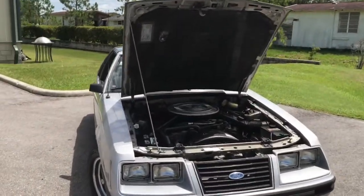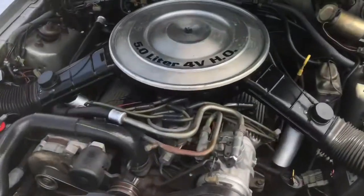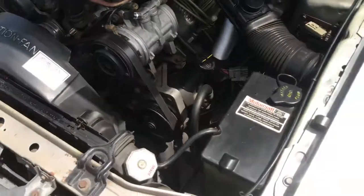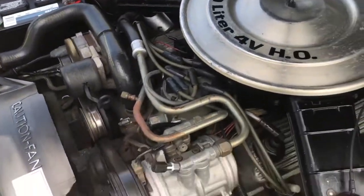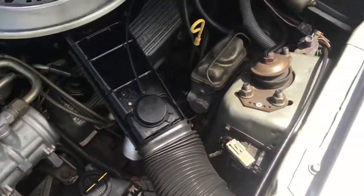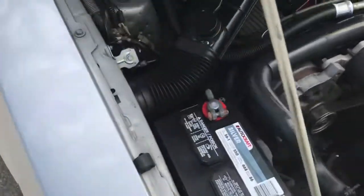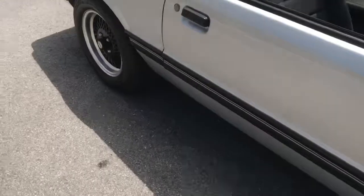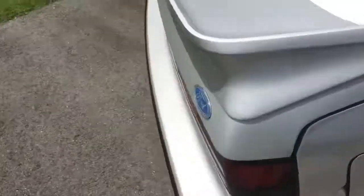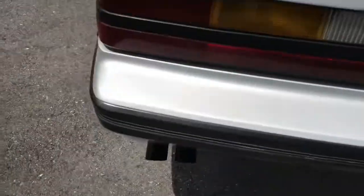Back outside, parked, engine bay visible. You can see there that 5-liter V8. Let's go around back here so we can get an exhaust note. It is pretty quiet at idle. You can see there. Still overall